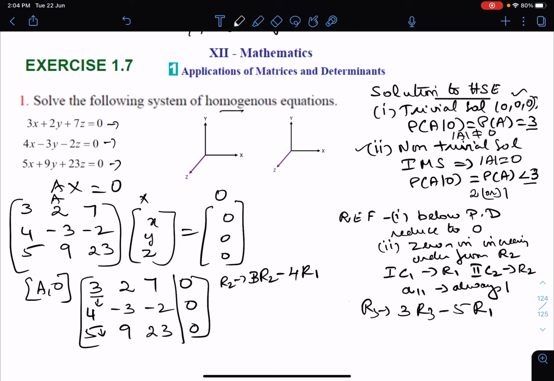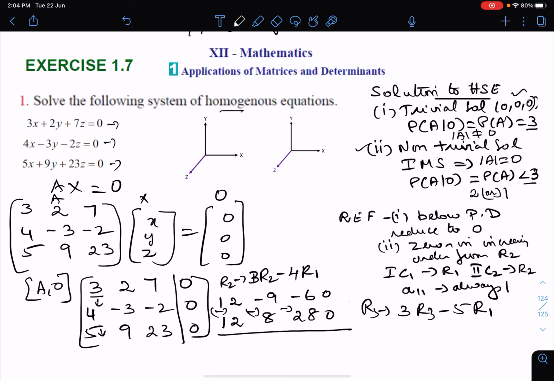First we will do 3 row 2: 3 4s are 12, 3 3s are 9, 3 2s are 6, and 0. And the first row with 4: 4 3s are 12, 4 2s are 8, 4 7s are 28 and 0. Change your sign because they are of the same sign. All the plus becomes minus. Equal and opposite, 0. Both are of the same sign, so minus 17. Both are of the same sign, so minus 34. And this is going to be 0.